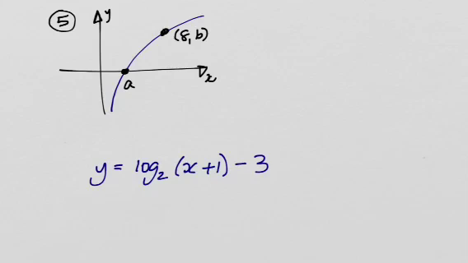Question 5. Here we have a log graph, so y equals log to the base 2 of x. We need to find out what the values of a and b are. Well, the graph hasn't been moved any place, so a must be obviously equal to, you should know that. And then how do you work out the coordinates of the point b? Just substitute this point, 8, b, into this formula. So we end up with